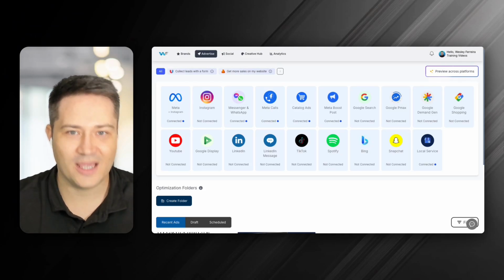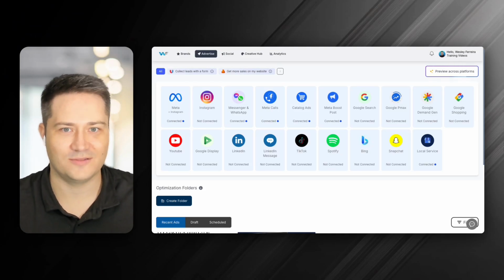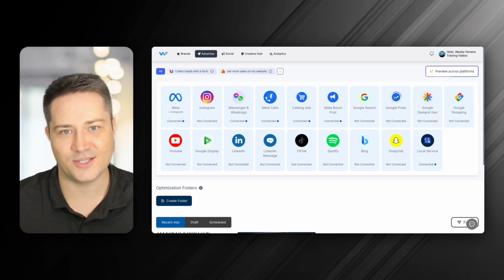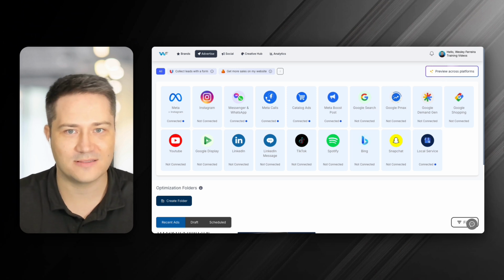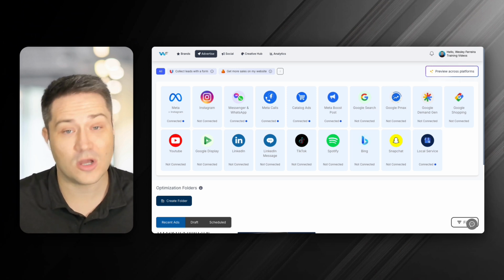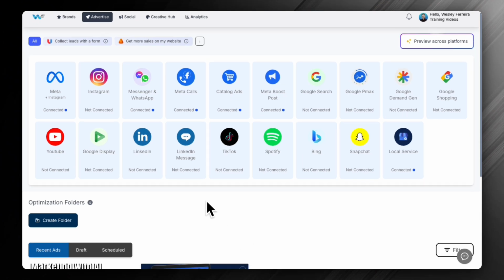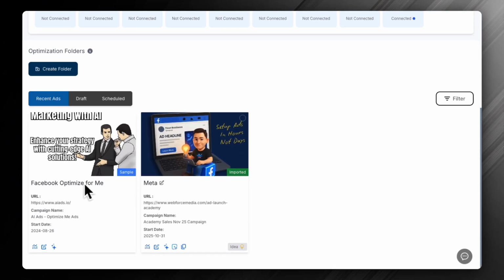AI that actually optimizes your ads in real time. In this video, I'm going to show you how the AI Ads Manager actually, live in real time, optimizes your ads. I'm going to show you a campaign that's a sample campaign, just to keep protection of our current clients. But essentially, if you look at this specific